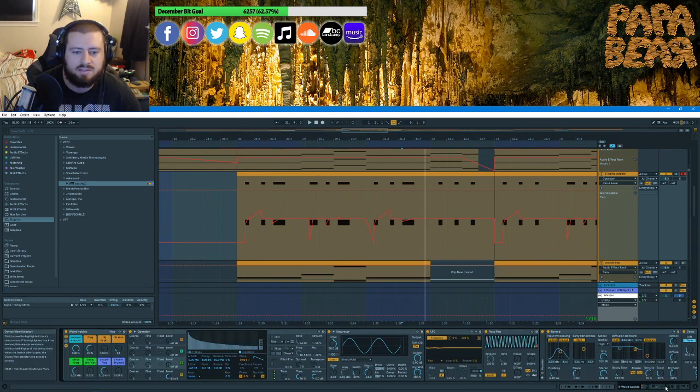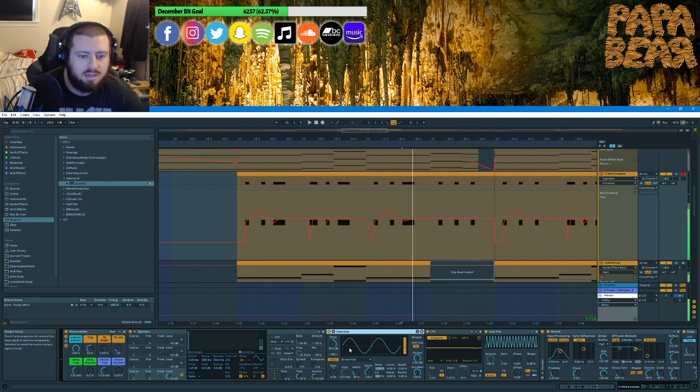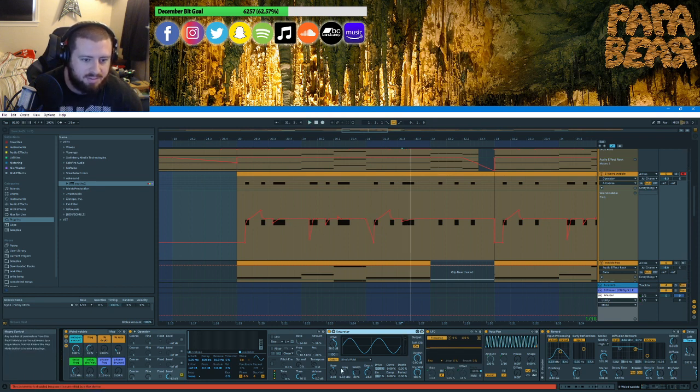So this bass sound's actually really simple. I'm not using any of these guys. I'm using one sine wave, that's it. And then I'm basically smashing it into a saturator and playing with the color things right here. So this line that I'm drawing is basically just playing with this knob, which is controlling this knob.